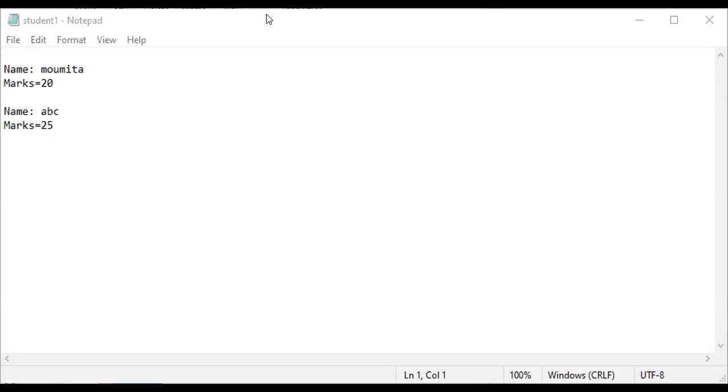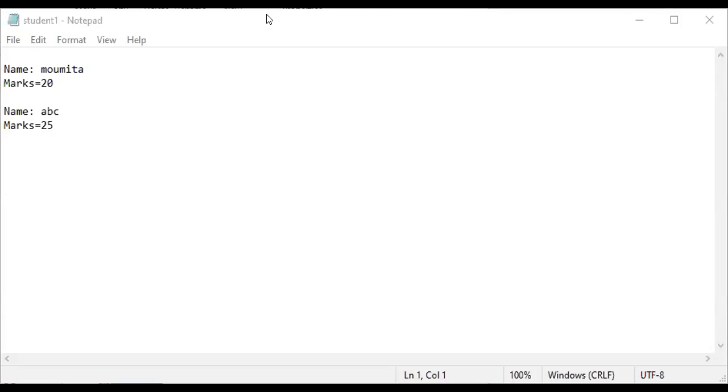So by writing the path, wherever I want to create my file, I just specify the path. You can create your file as well as write something in it. If you don't use any path here, then by default, on my machine, it is stored in the documents folder.